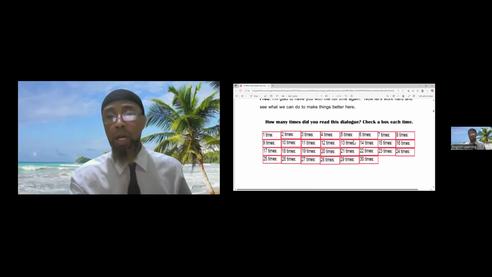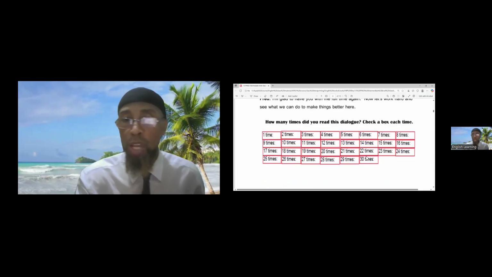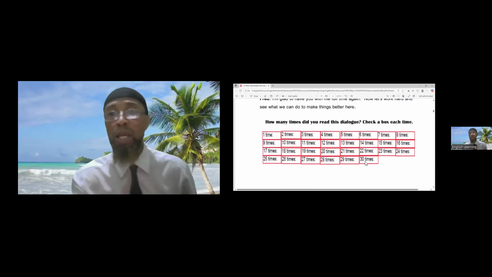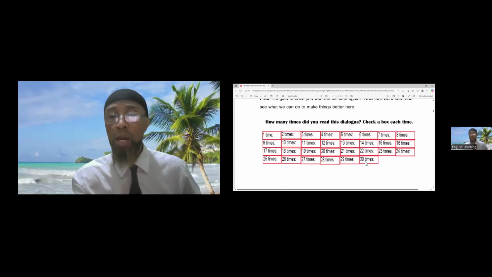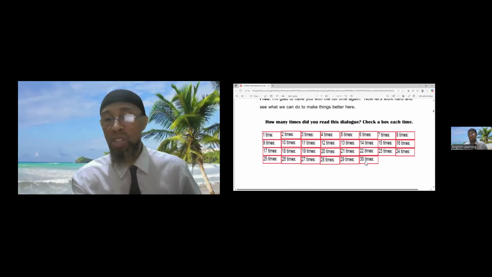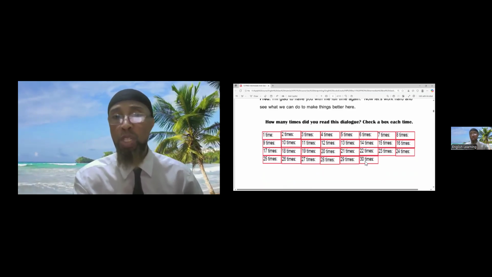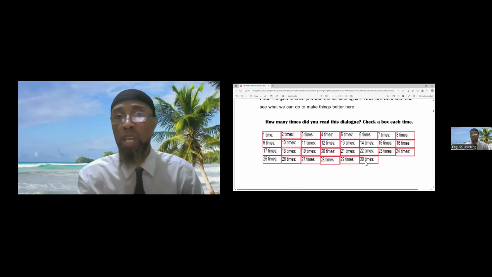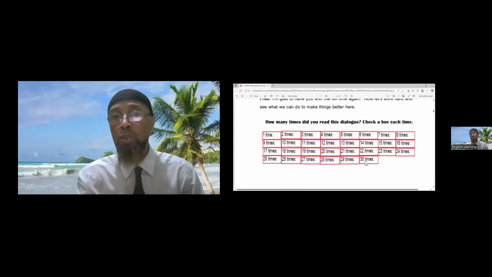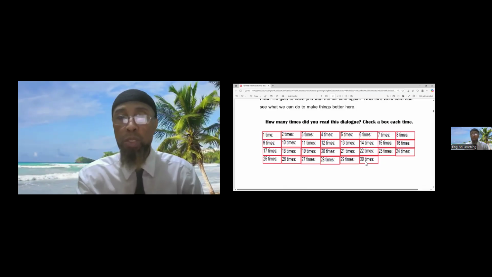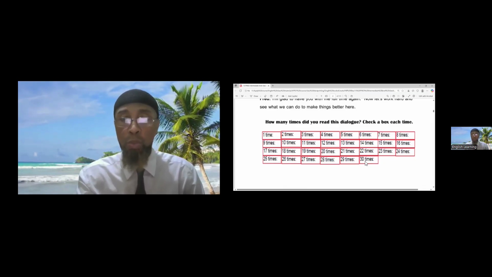You should have, by the time you come to the next class, read that 30 times. So if you divide that, 5 times a day times 6 days a week, you get 30 times by the time you come to the next class. All right. And so this is just reading to help improve your comprehension, including the understanding of the expressions and idioms. Okay, so that's what this is for.